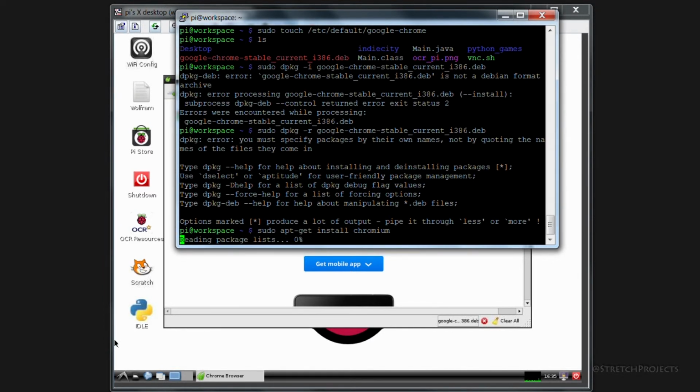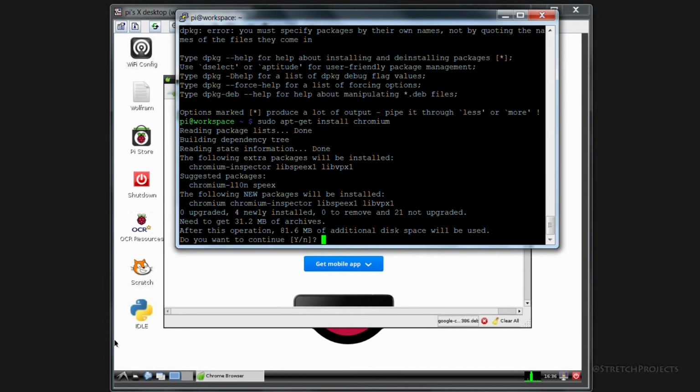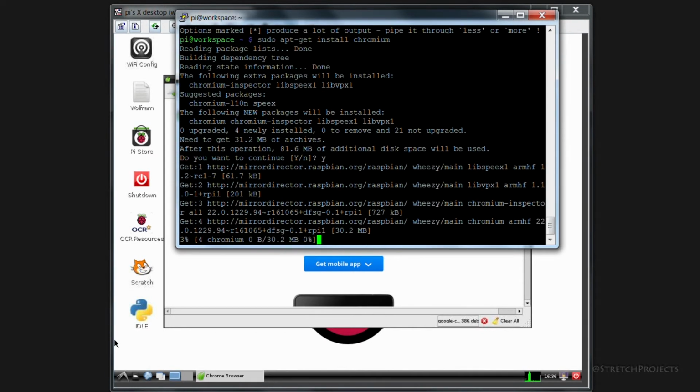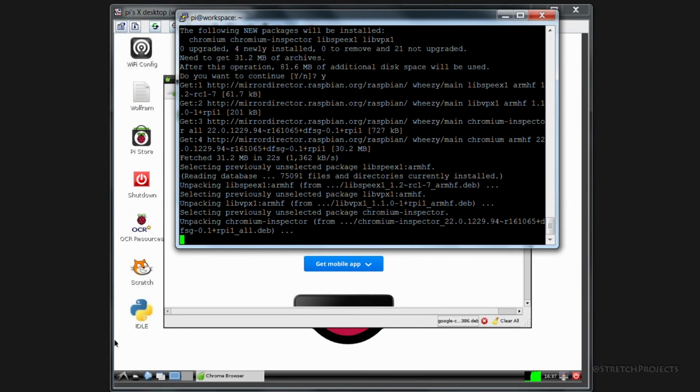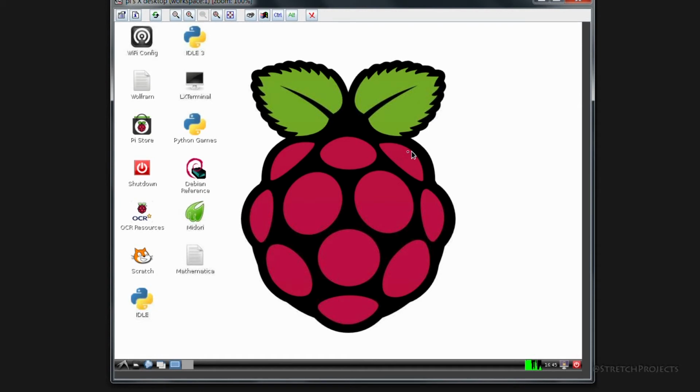Hitting enter will obviously go ahead and download this package and install it for us. And we can select yes to go ahead and install this. This entire process will take quite a while to install because there are quite a lot of files to download and install. If we close that window and come across to our terminal,